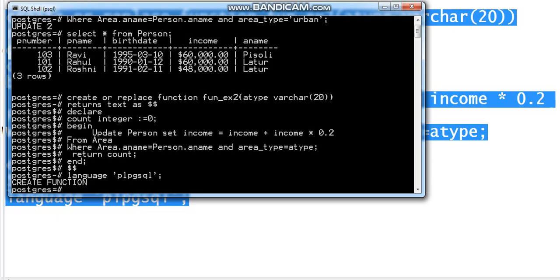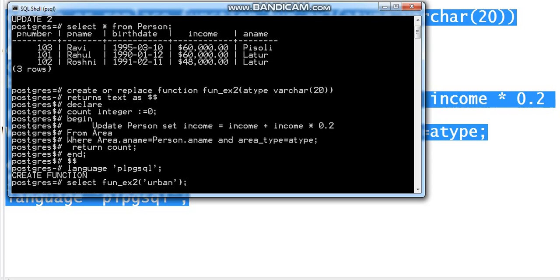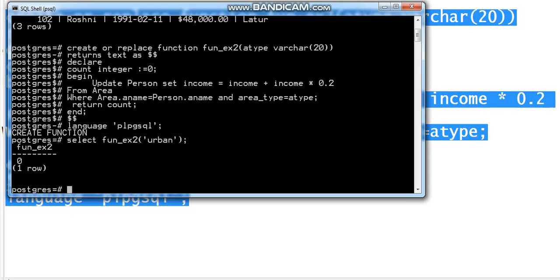Right, next we are going to call the function. Select function का नाम, function का नाम _ex2, right, and in bracket we are providing the type, since we need to update urban wala, area type, then semicolon, enter. So here you can see this calling is successful.